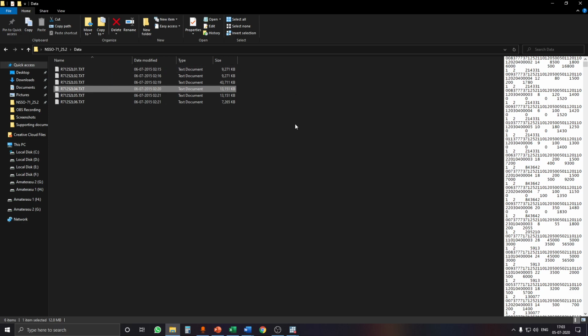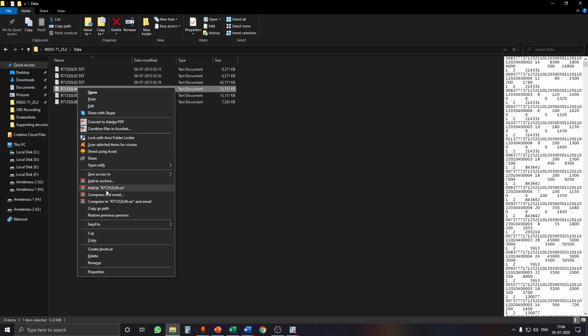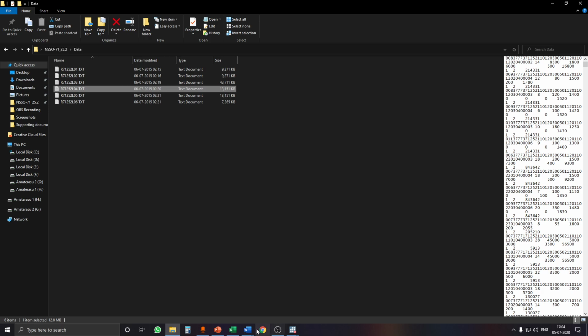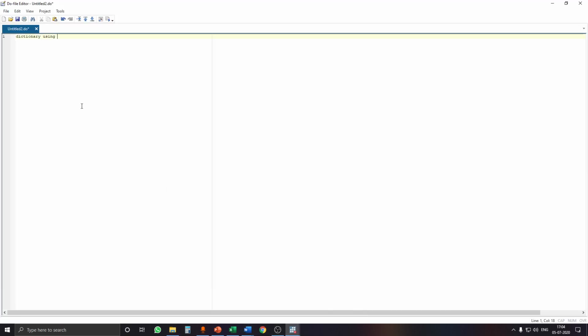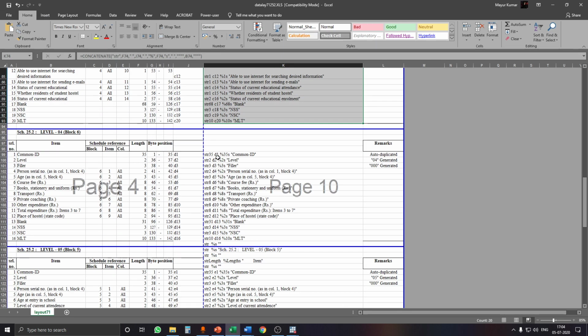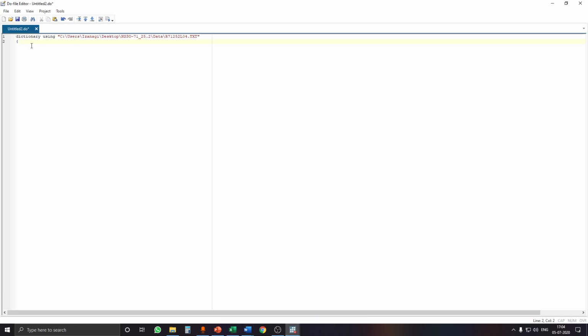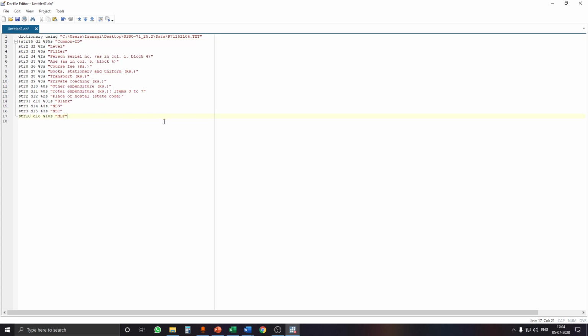So I'm going to press and hold shift and then right click on it, copy as path, and then paste it in the do file editor. So paste. Now I'll press enter, put a curly bracket, go to the Excel file and copy the layout for the fourth level. So only this much is required, so we are only copying this much. I'll copy it, go to do file editor, paste it, close the curly bracket,